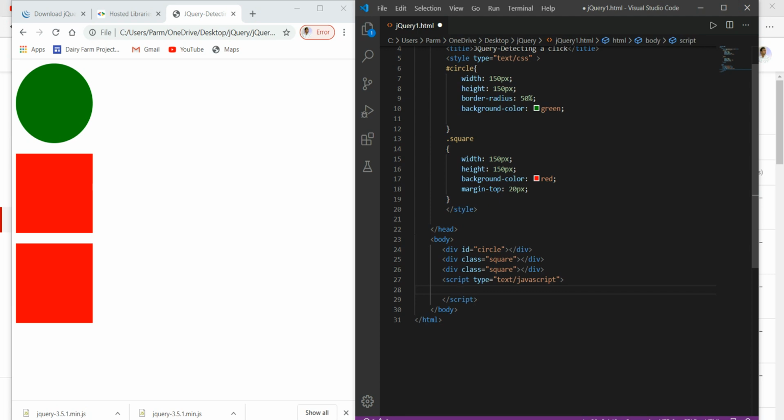You get the dollar symbol using shift plus 4 on my keyboard, and here we go with the parentheses, and here we have to give the selector. In my case I'm just going to select by ID, so I'm selecting the element by ID. Here the ID is circle.